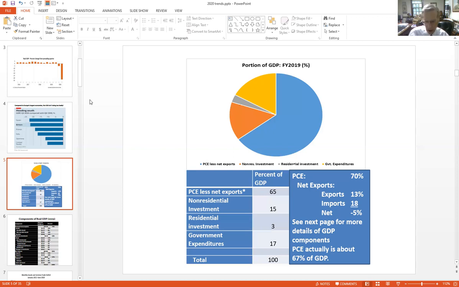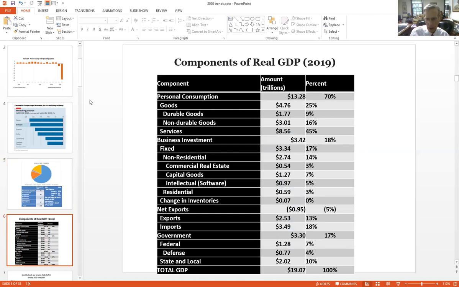Interestingly enough, residential is only 3%. But if we add up the personal consumption and the capital expenditures of industry and residential investment, we end up with 83% in the private sector and 17% in government. Here's a little more detail. It's not terribly important to get into all of this detail, but